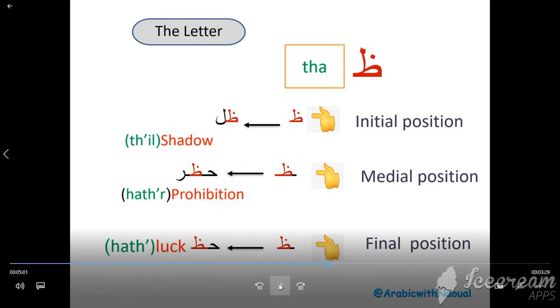The letter Za is like the letter Dad and Sad and Ta. In the initial